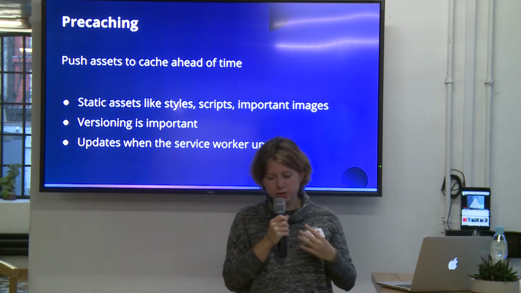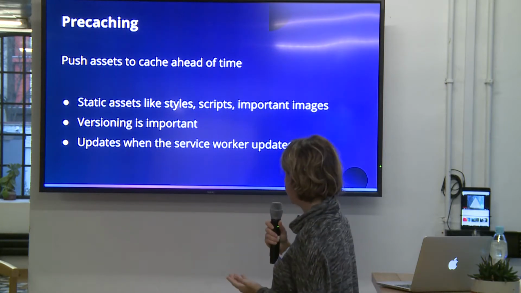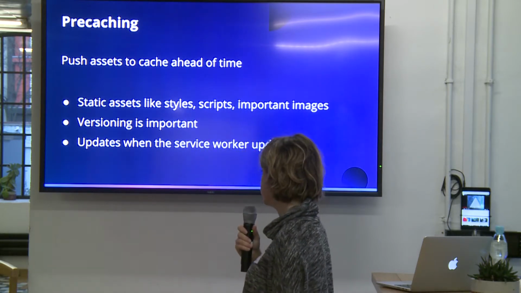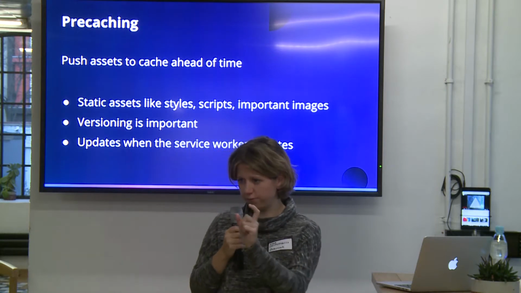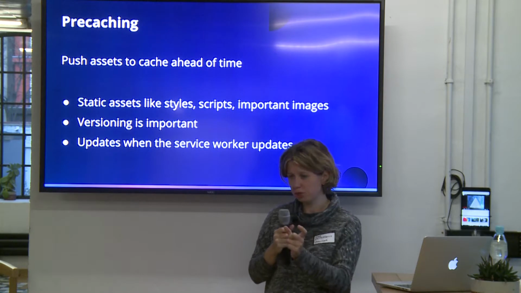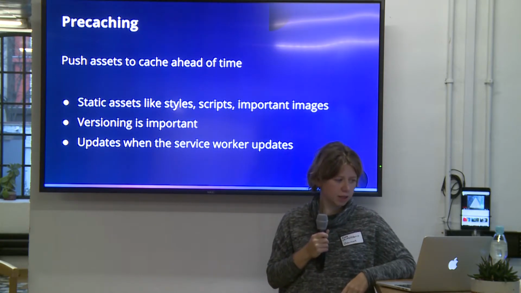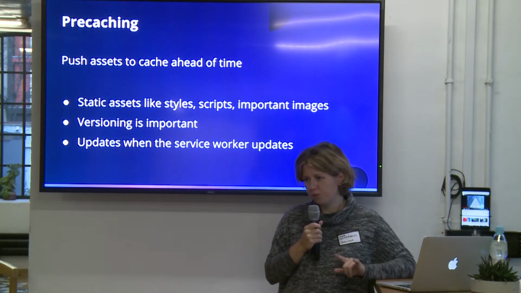So now what's the difference? Pre-caching pushes assets to the cache ahead of time. It's very good for static assets like style sheets or images or scripts because they can be versioned, right? Like you often version different resources, adding a hash to the URL so that you can upgrade the version when the new content is there. And this is not so easily doable with navigation URLs, like, for example, the homepage and so on,